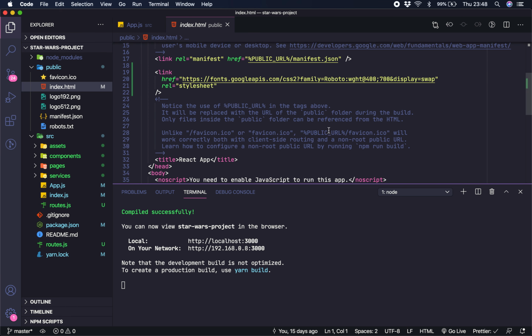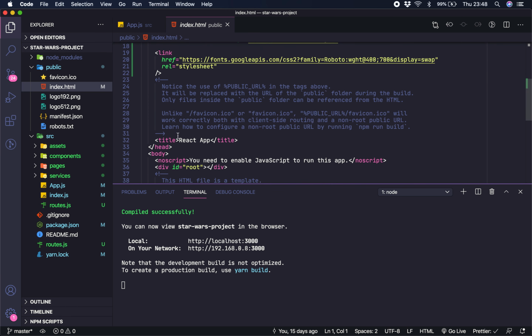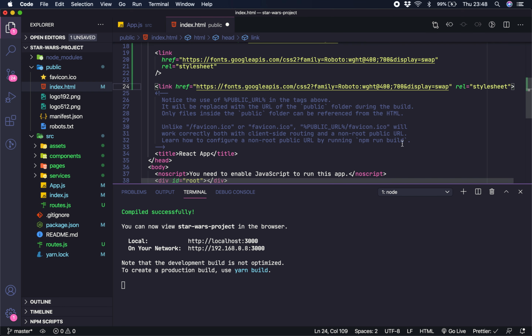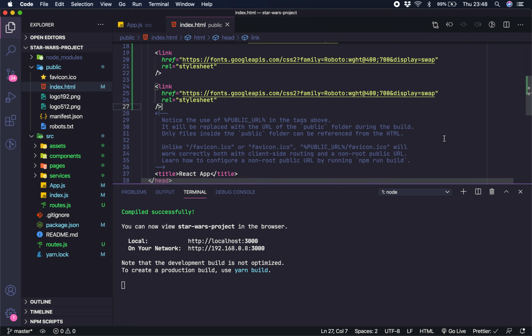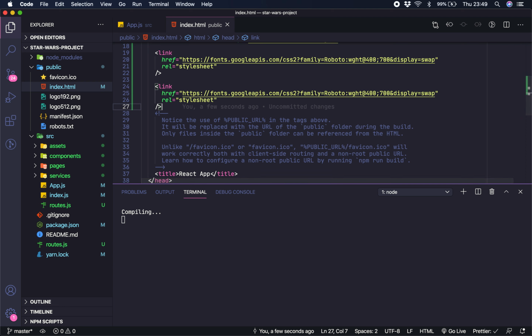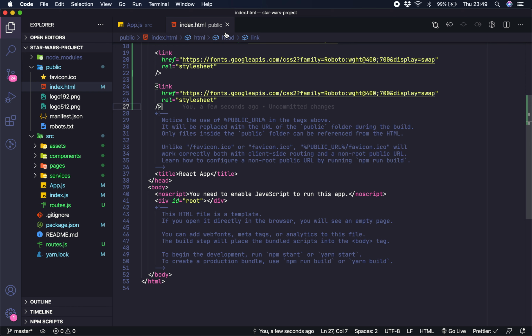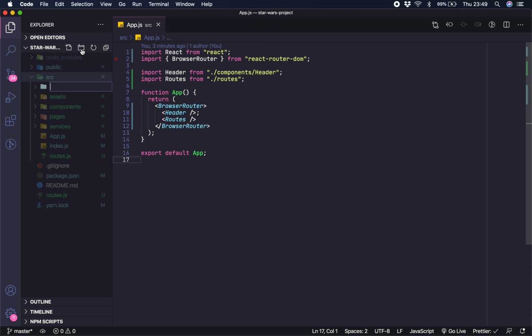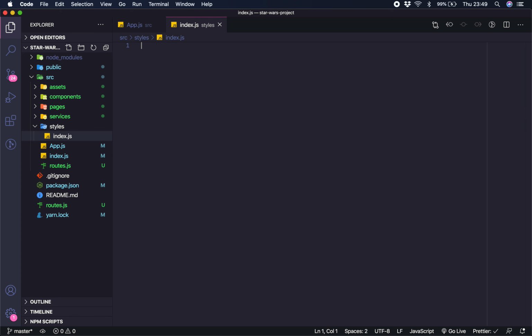and then before the title, let's paste it here, saving. Okay, that's it. So let's create a folder called styles. Inside that, let's create a file called index.js, and then